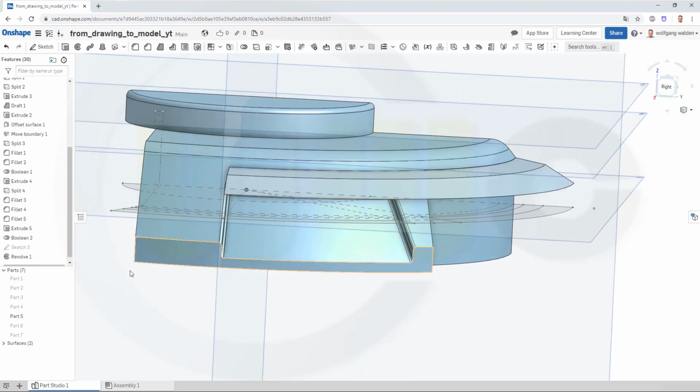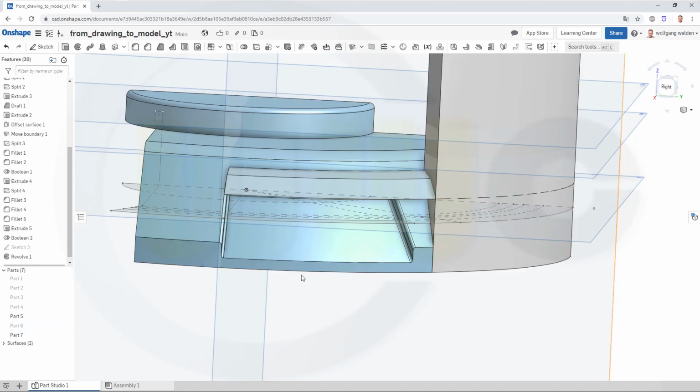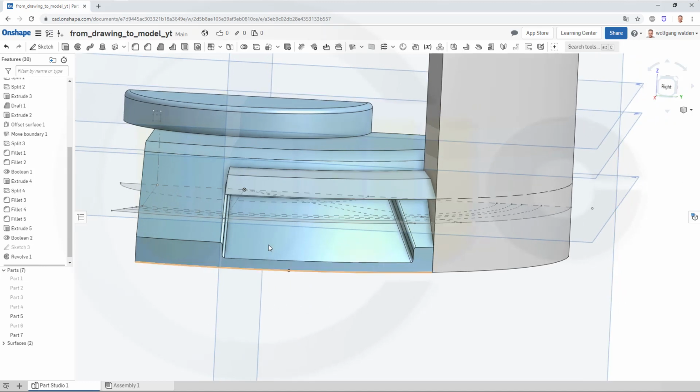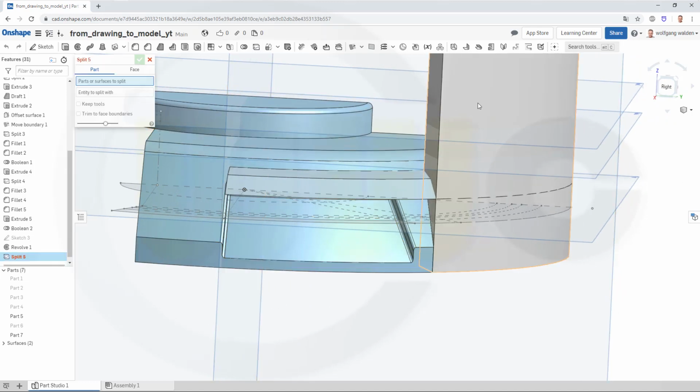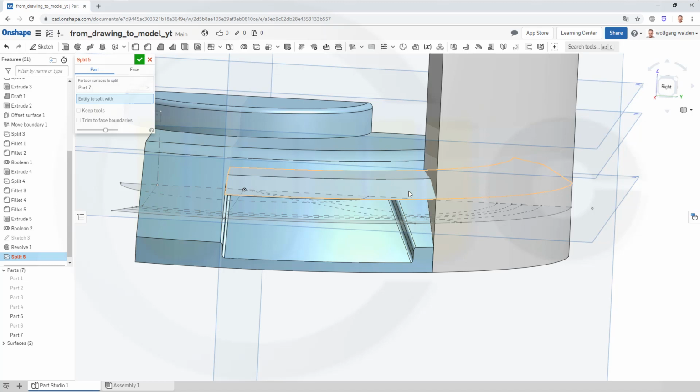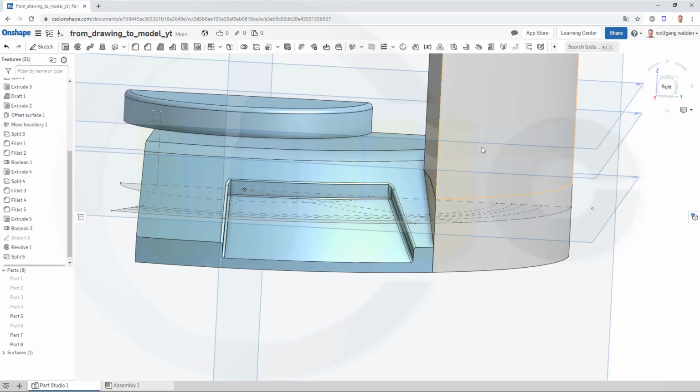Okay, let's bring back our part 7, and I want to split that part, so go for split. I want to split this part with that surface here, and I think I don't need it anymore, so I won't keep the tools and confirm. And now hide that one here